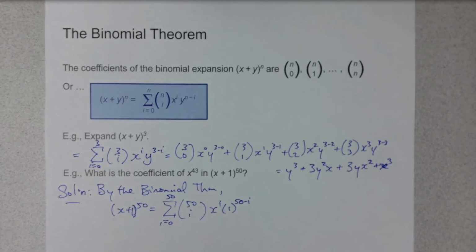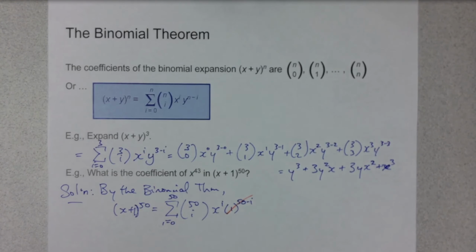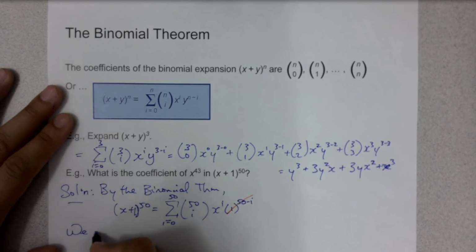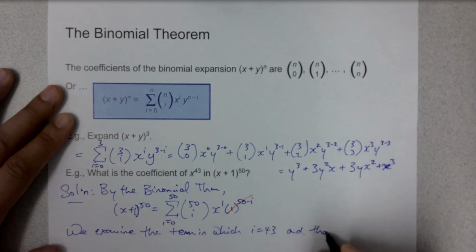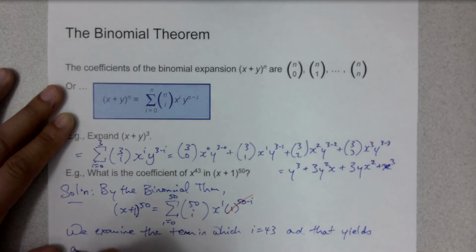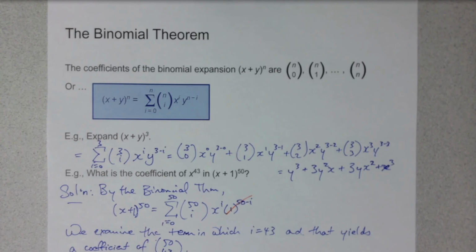It doesn't really matter what's there, because 1 to the anything is 1. Okay, so we're looking for the term where i is equal to 43. Sub that in. The coefficient is 50 choose 43. Okay, so we examine the term. Don't need to expand out 51 terms to get the answer here. Just plug it in. Okay, I'm a couple minutes over, but